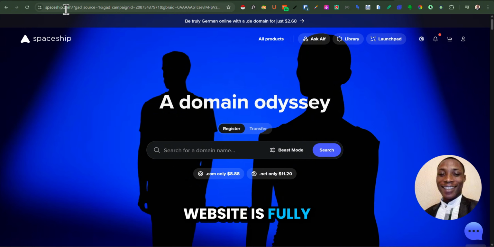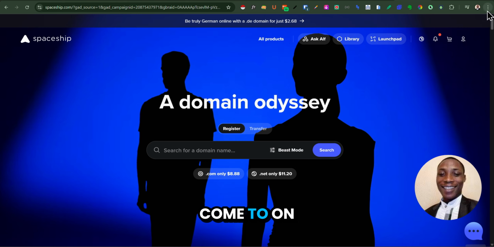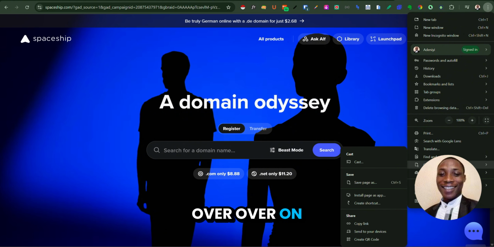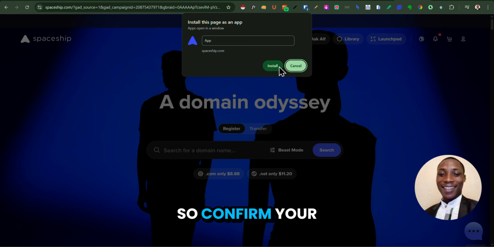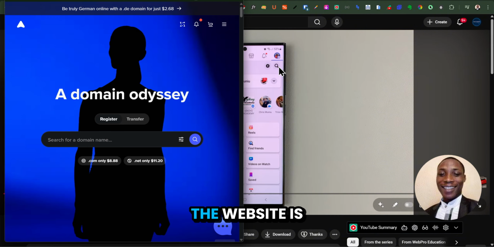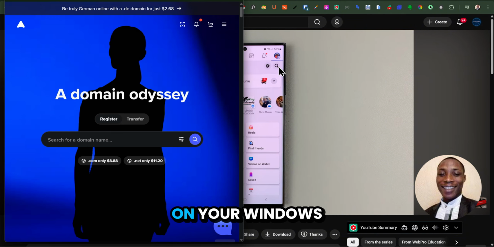Once the website is fully loaded, come to the ellipsis menu on the top right corner of your screen on your Chrome browser, and then over on Cast, Save, and Share, and click on Install Page as App. So confirm your preference on the pop-up, and immediately the website is going to be installed on your Windows as